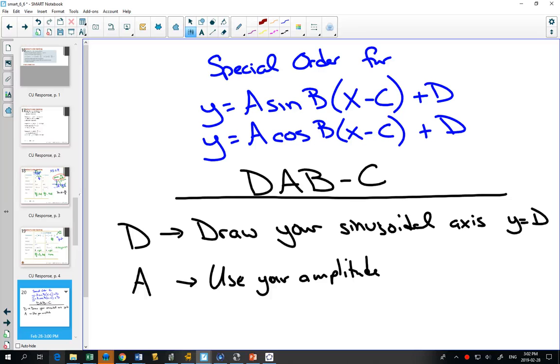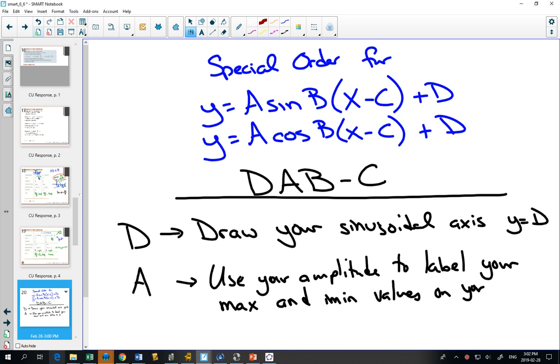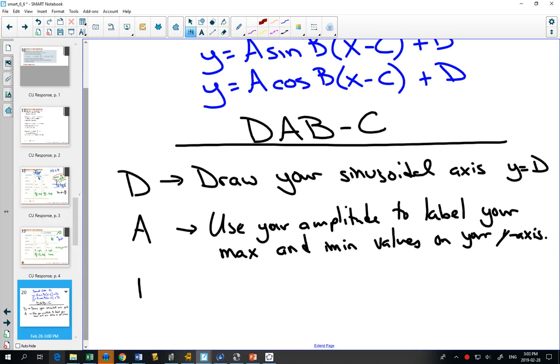You're going to use your amplitude to label your max and min values on your y-axis. Dab. You're going to use your b value